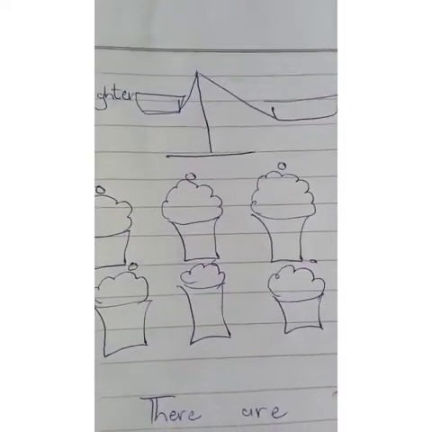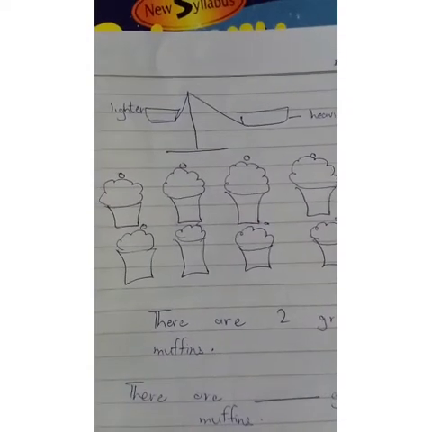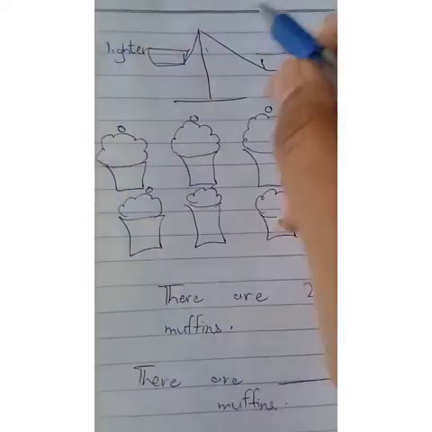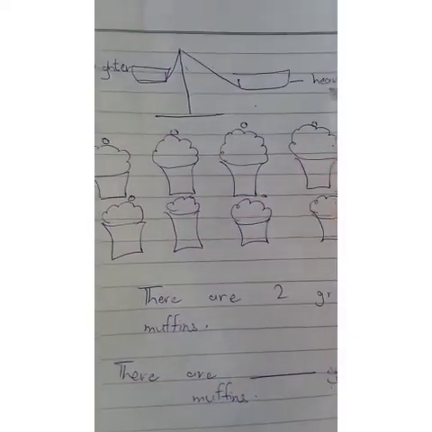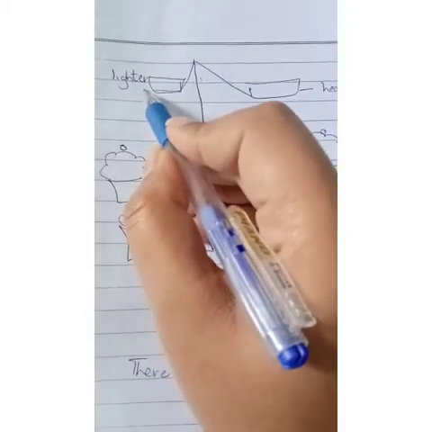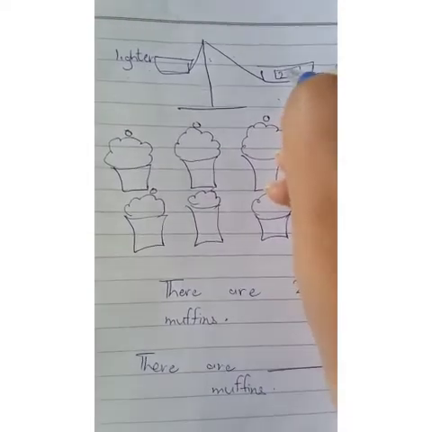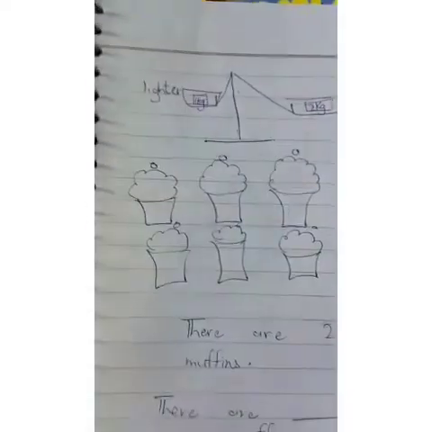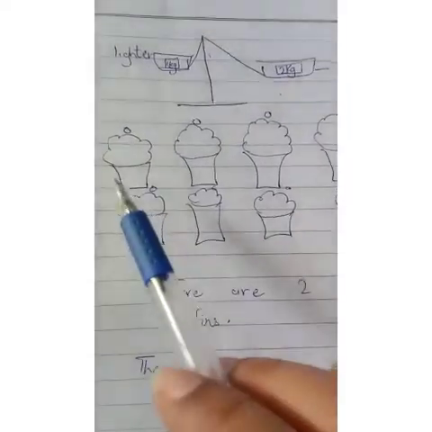Alright, okay, now let's move on to the concept of lighter and heavier. Now all of you know very well that if you measure two things on a scale and one thing goes down and the other stays up, the down one will be heavier and the upper one will be lighter. For example, if we have a 2 kg block over here, it is heavier than a 1 kg block. Okay, keep it in mind. That is your concept of heavier and lighter.